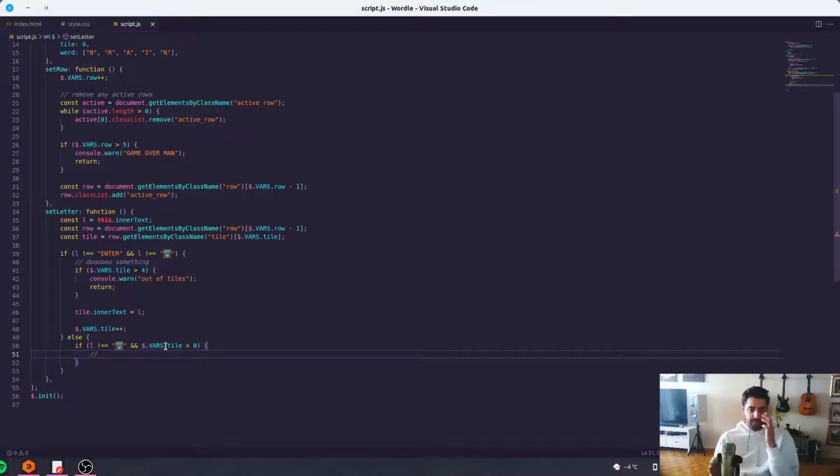So if you press the garbage can and the tile that we're currently on is any space greater than the first space, then we can actually go back and delete a space. So what we can do is say vars.tile-- to remove a variable. And then what we can do here is we can say